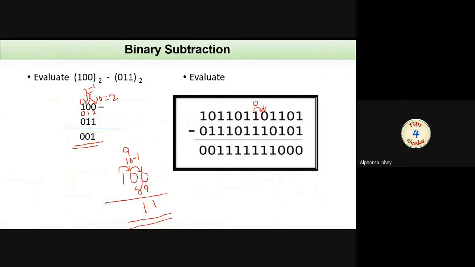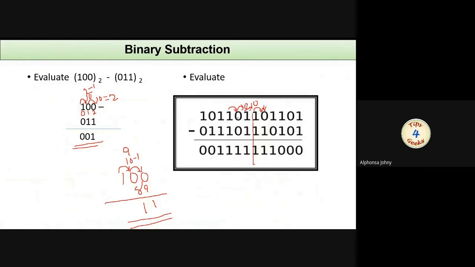But here it will become 0 only. We have already taken a 1 from this position to this. So what can we do? We have to borrow 1 from this position to this. So it will become 1 0 or 2. What is 2 minus 1? The answer is 1. So far it's clear. Then again there is a problem. Here 0 only, but here also 0. So we have to copy 1 from this location first, then from this location to this location. So 1 0 is 2. 2 minus 1, the answer is 1.